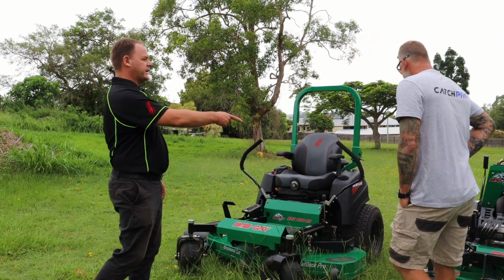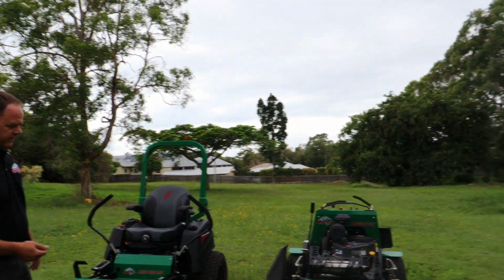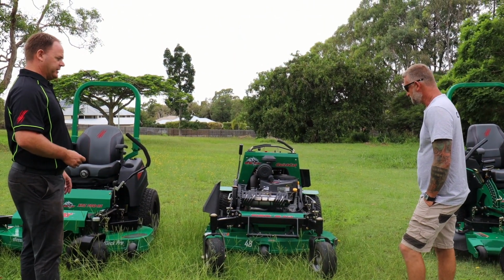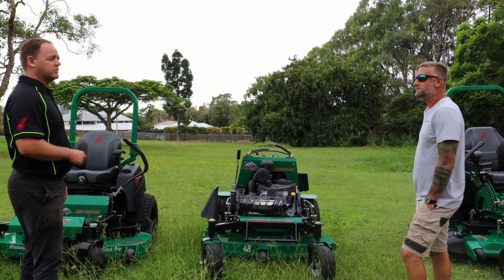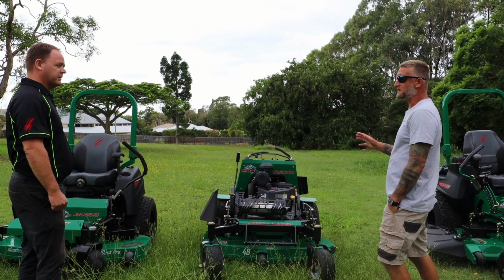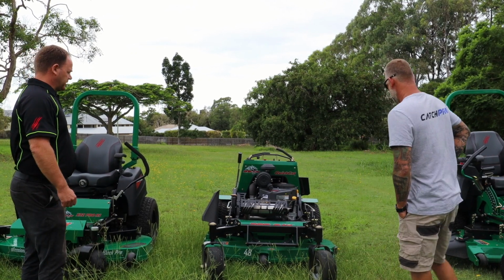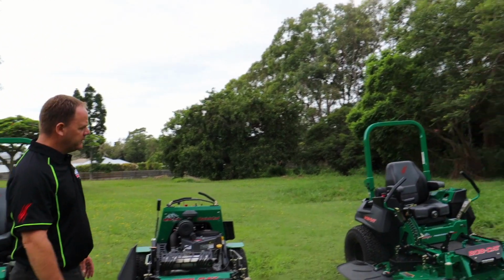Then we go to the Quickcats. We've got the Quickcats in the middle there, and they're available in a 36 and a 48 inch. That's what we carry here in Australia. We can bring in a 52 and a 61 inch as well. But not as popular in Australia, not the bigger ones? Not as popular in Australia. The smaller decks seem to be hitting the market better here. Okay, cool. And then we move over to the...